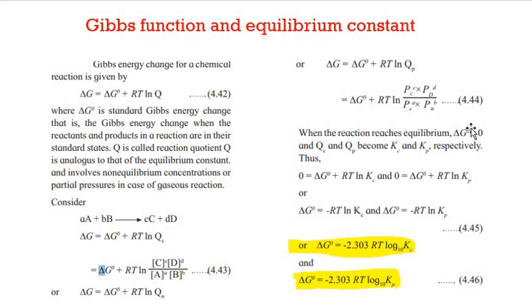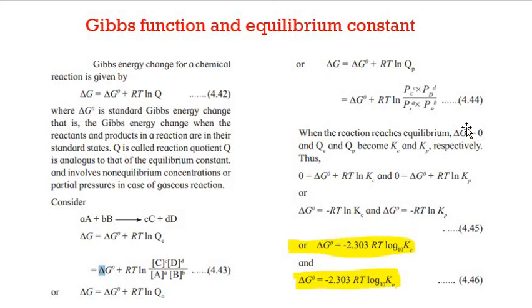And now I am saying here delta G is equal to 0. So the equation would be 0 is equal to delta G naught plus RT ln Kc. I have replaced the concentration ratio by Kc, and the partial pressure ratio I replaced by Kp. So I can say here delta G naught is equal to minus RT ln Kc,